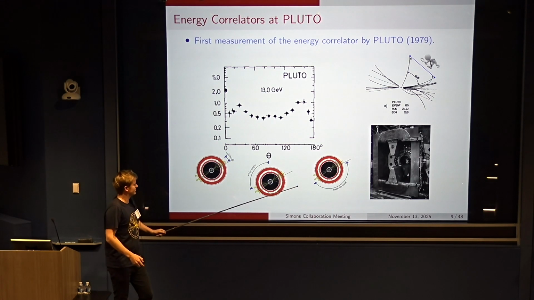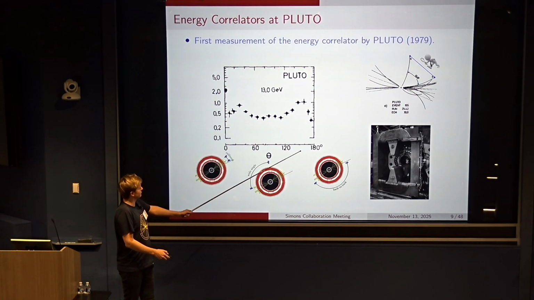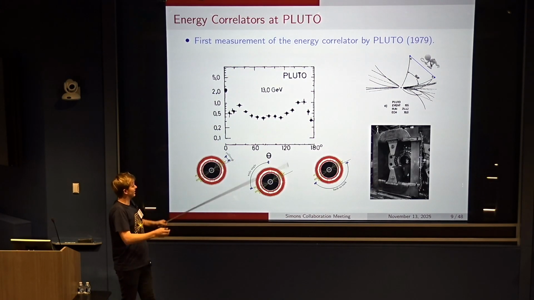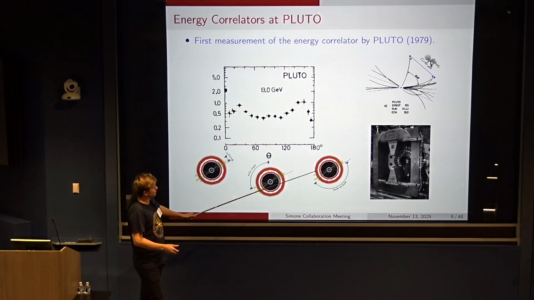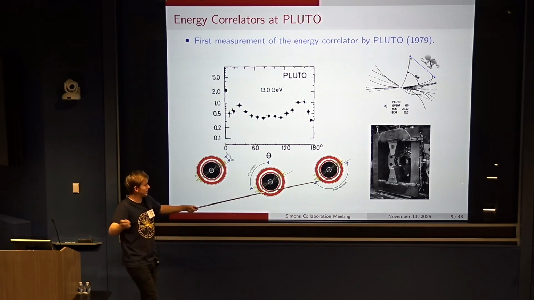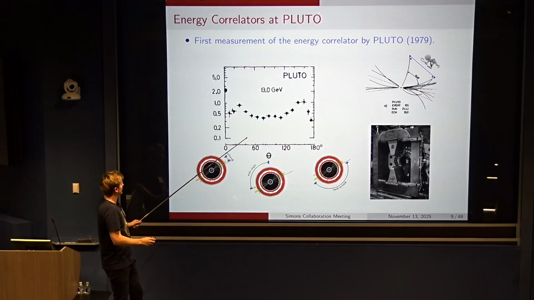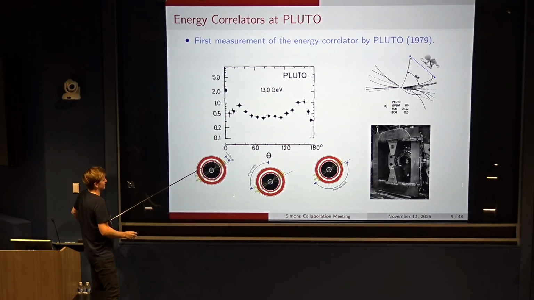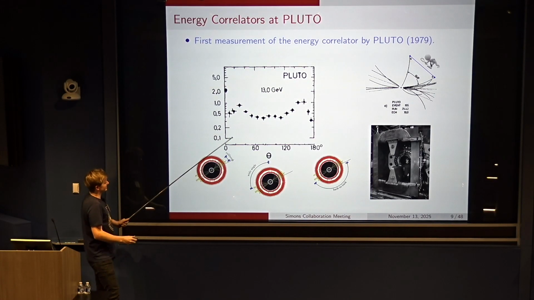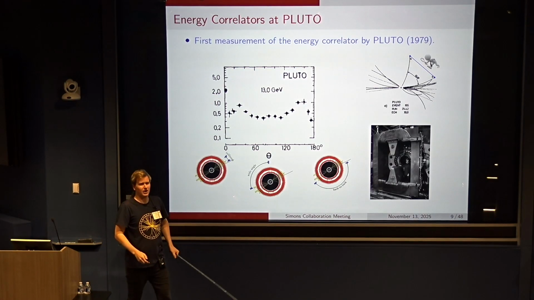And so again, just to kind of orient you, so it always ranges an angle between 0 and 180 degrees, going from this regime where you have the two detectors literally back to back. You have some kind of middle region where your detectors are at kind of 90 degrees. And then you have this limit where the two detectors are collinear. And so you get this nice kind of distribution which comes out.